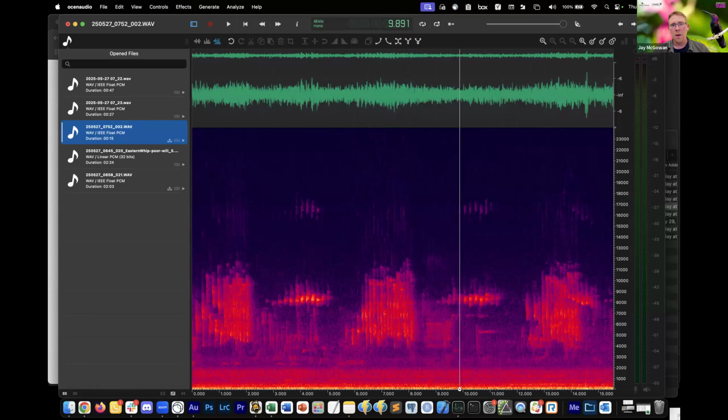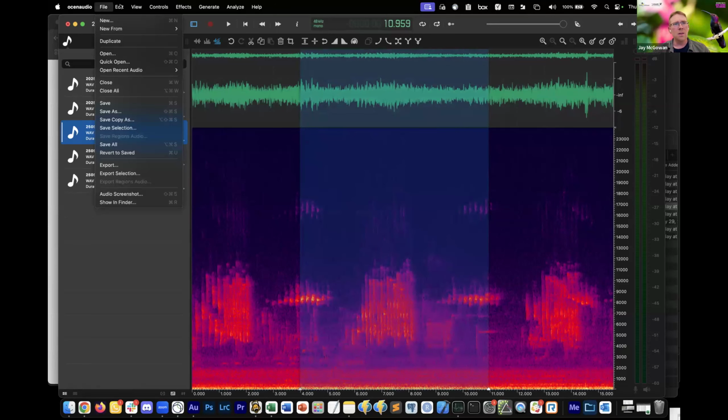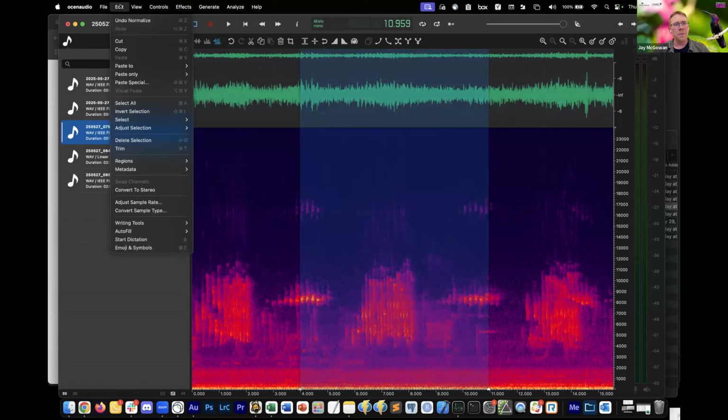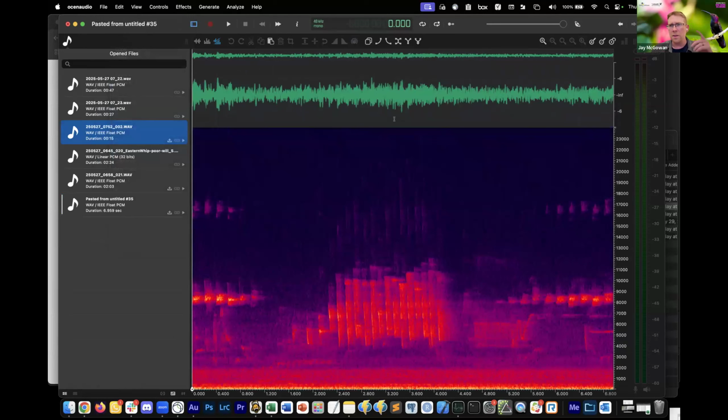But for the toady one, let's just say this section is our interesting bird we want to take out. We can grab a segment like this and do what's called, let's see, copy it and go paste to new audio, and then we'll have a new file that's just our middle section. And so you can essentially make multiple versions of the same recording